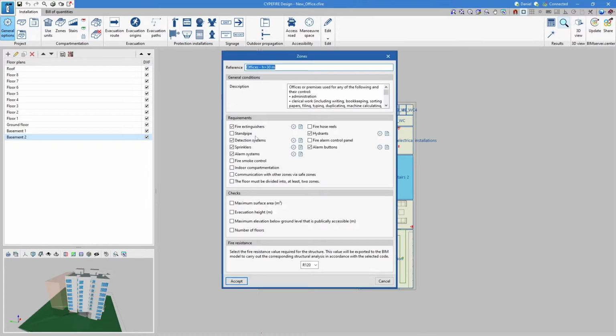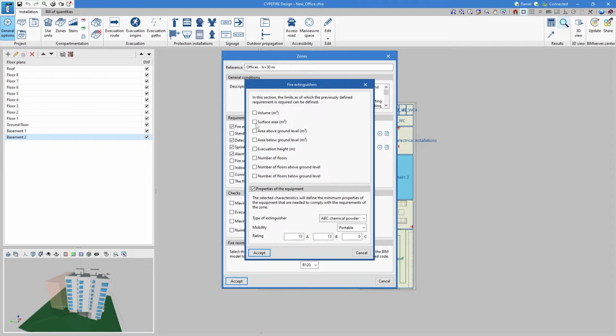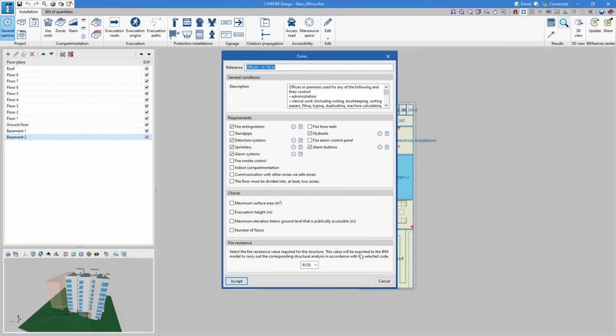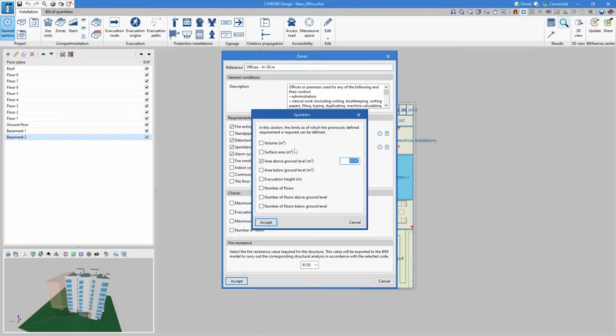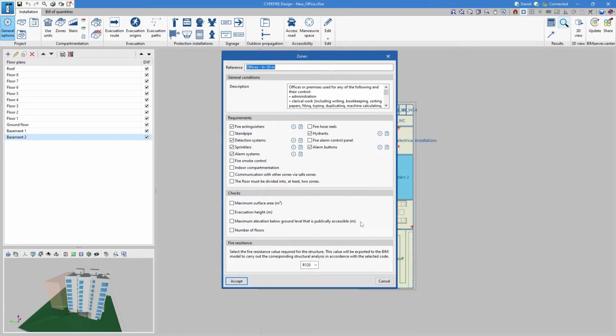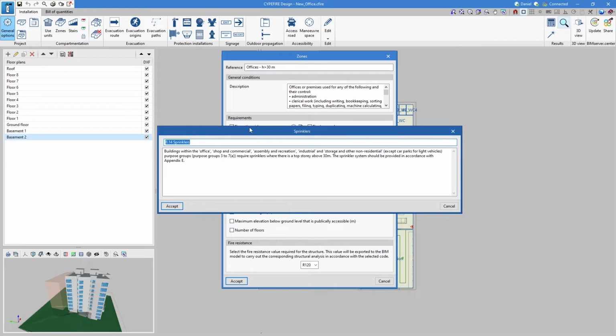For example, with the zones, we are able to introduce all the requirements that we want for those zones. For example, with the fire extinguisher, we are able to introduce all the parameters that we want to check, what kind of properties of the equipment it's mandatory for that zone. For example, for the sprinklers, any kind of specific parameter, and also a description in order to get the final report